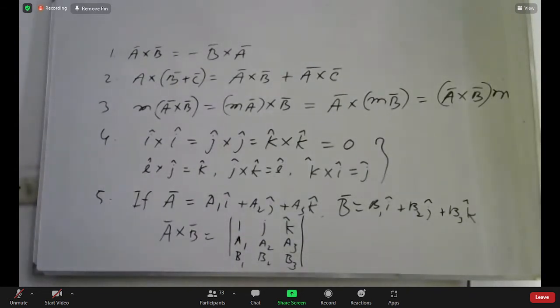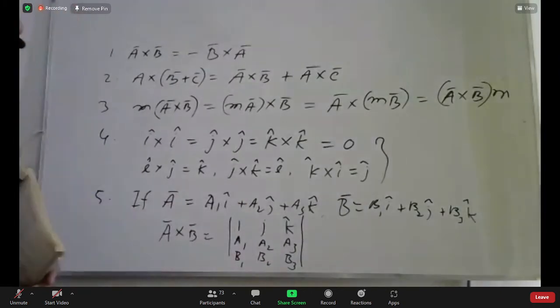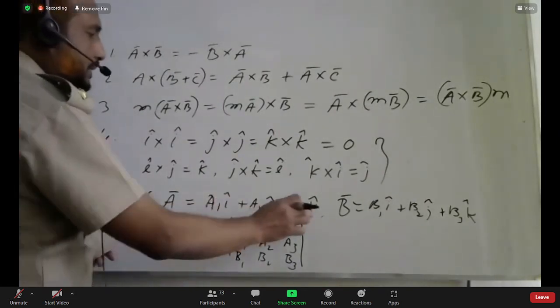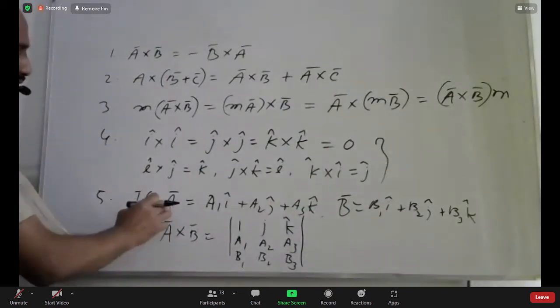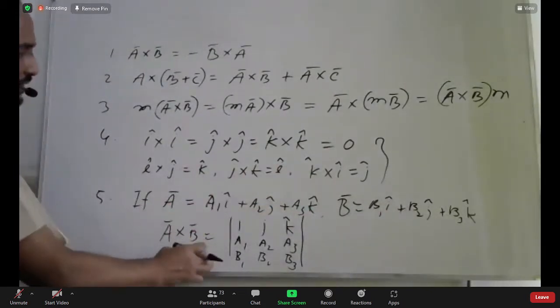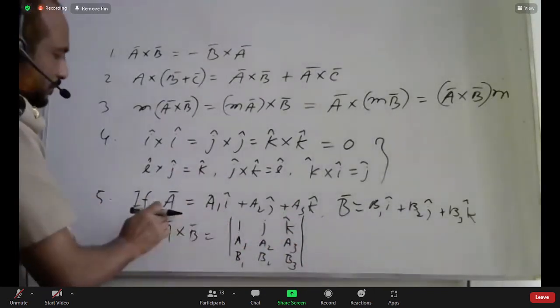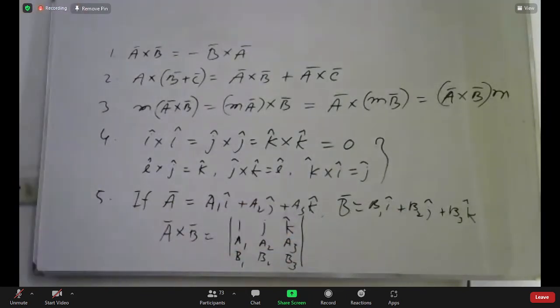Can I rub it? 5 নাম্বারটা একটু আচ্ছা, if a is equal to a1i + a2j + a3k and b is equal to b1i + b2j + b3k, এটা হলো ভেক্টর a কে আমরা এইভাবে লিখতে পারি, ভেক্টর b কে এইভাবে লিখতে পারি। তাহলে আমরা a cross b, এটা হলো ক্রস প্রোডাক্ট অফ দিস টু ভেক্টর a and b, can be written in determinant form. ফার্স্ট রোতে হবে i j k, সেকেন্ড রোতে হবে ভেক্টর a এর কম্পোনেন্ট, থার্ড রোতে হবে ভেক্টর b এর কম্পোনেন্ট। ক্লিয়ার? ক্লিয়ার স্যার।